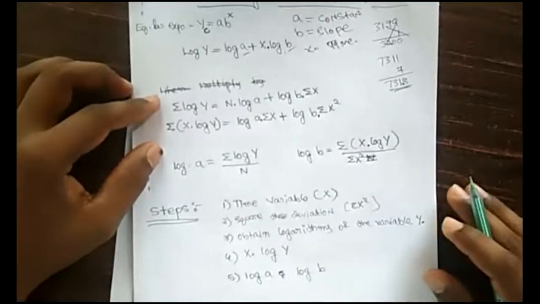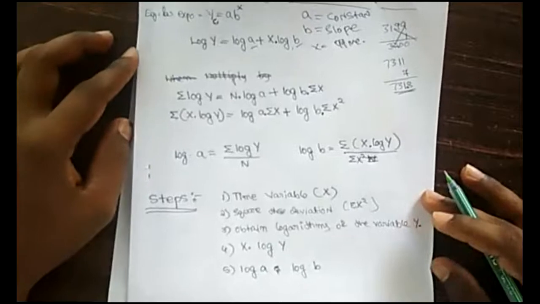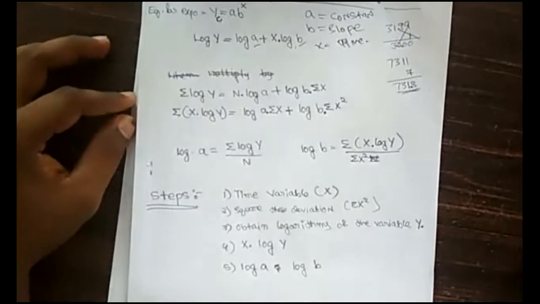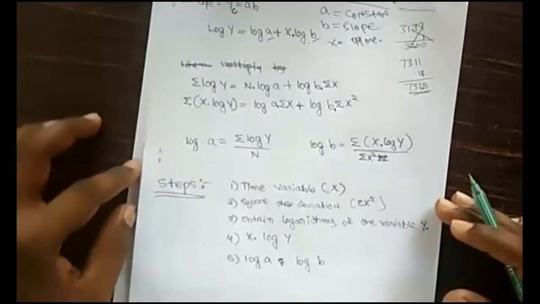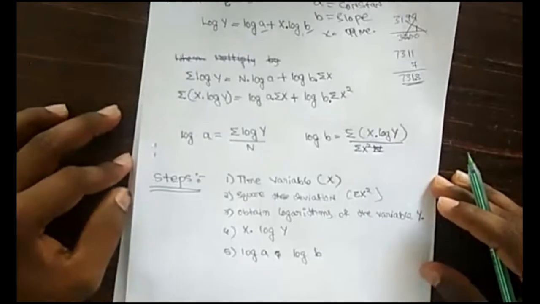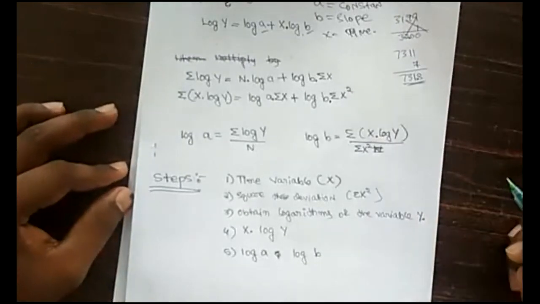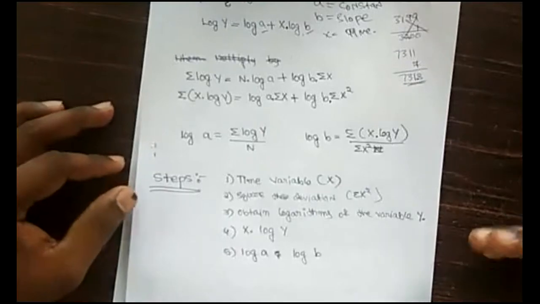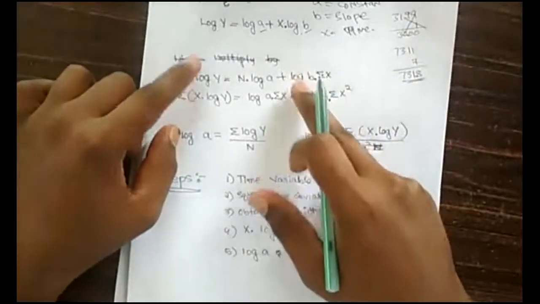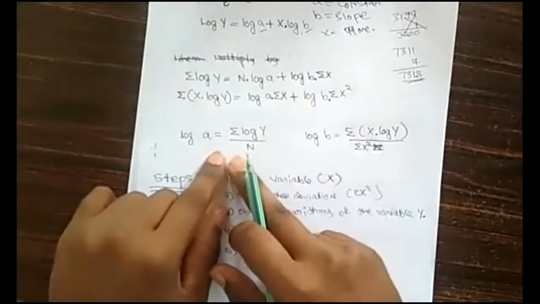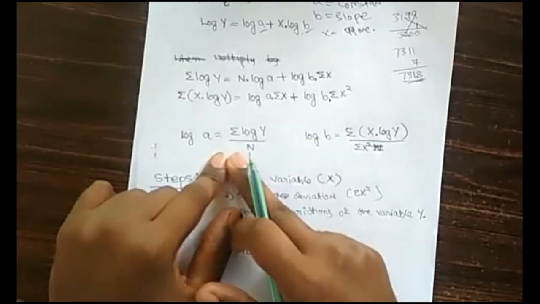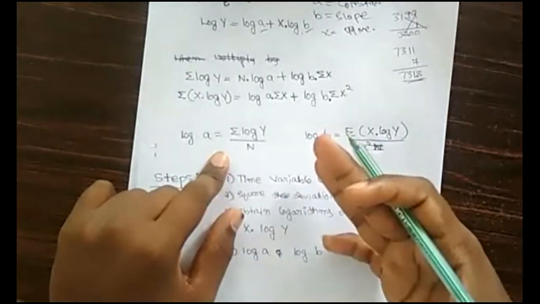Here also, while taking the time variable x, we can take the first year as the origin year, or we can take the middle year as the origin year. You know the benefit of taking the middle year as the origin year: the sum of x will be 0. So when the sum of x is 0, we can simplify our equation and we get these two equations.